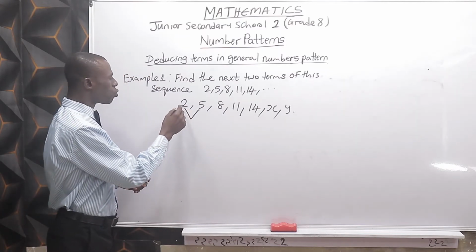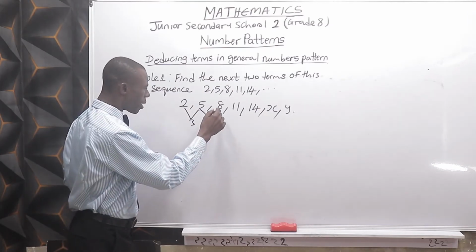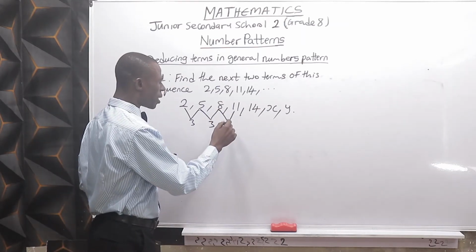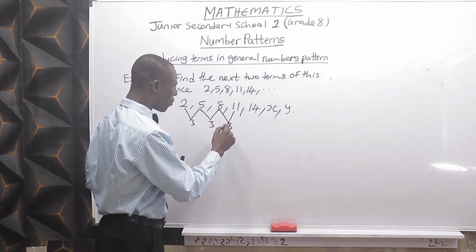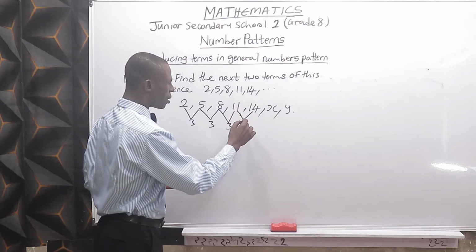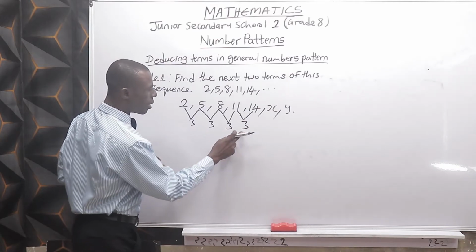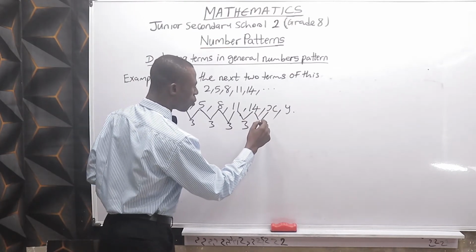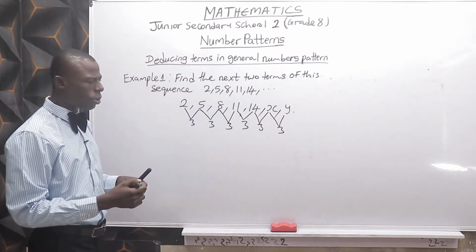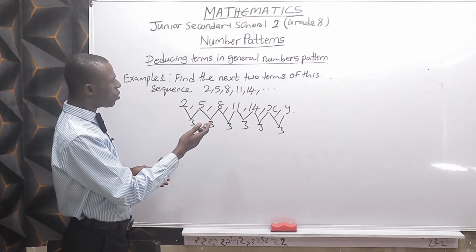What's the difference between 2 and 5? The difference is 3. Between 5 and 8 is 3. Between 8 and 11 is still 3. Between 11 and 14 is 3. Definitely, watch the trend here. The difference is going to be 3 all through. Though you can see that the common difference is 3,